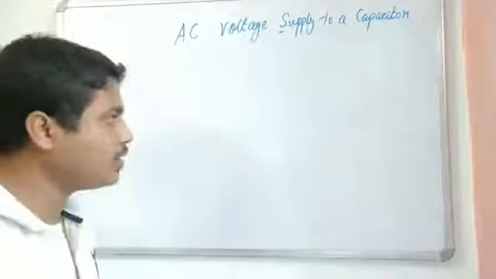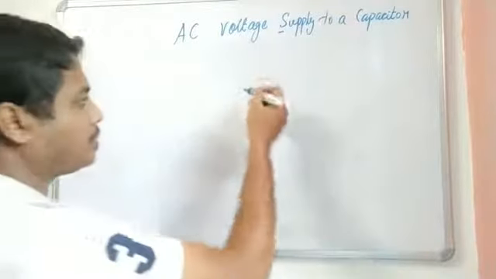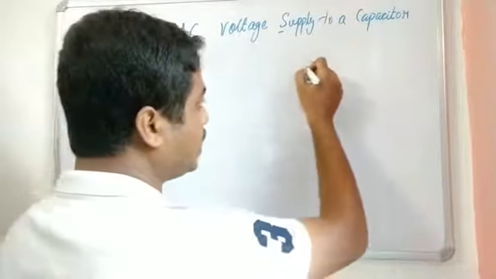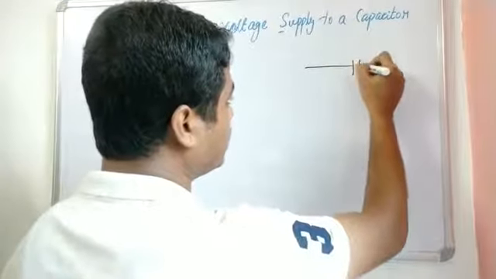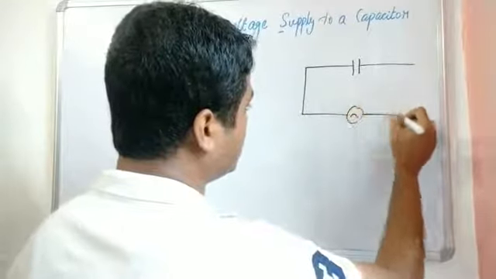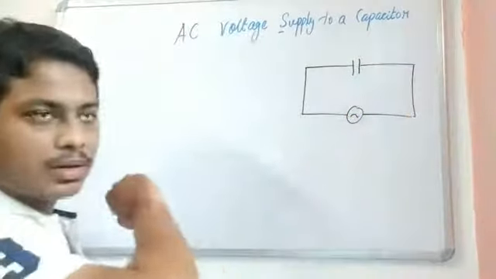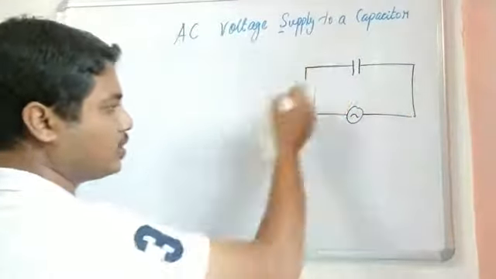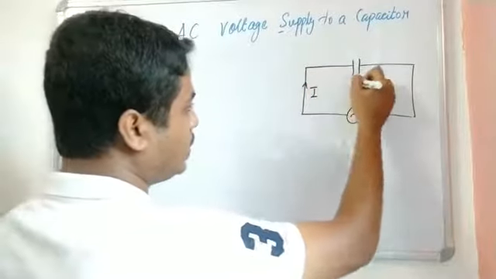First we have to start with the voltage equation. So before writing the voltage equation, let us draw the circuit. This is your capacitor, which is connected to your AC source. Okay, this is connected to your AC source, so your current will be flowing through this, and this will be your capacitor.